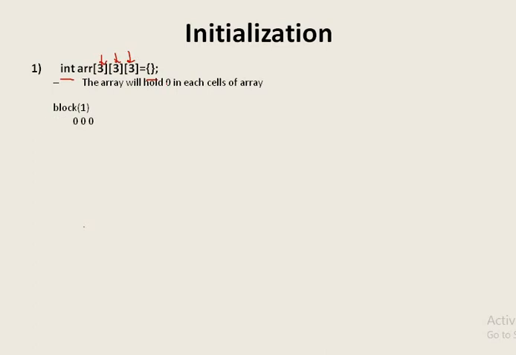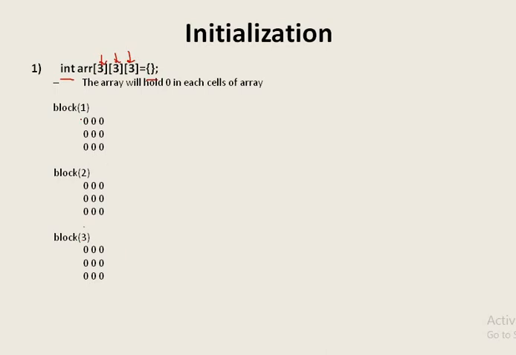First block will be having a 3 by 3 matrix, and each of these values will be 0. The second block will be having a 3 by 3 matrix, and it will also be initialized with the value 0. And the third block is similarly initialized with the value 0, and it is of row size 3 and column